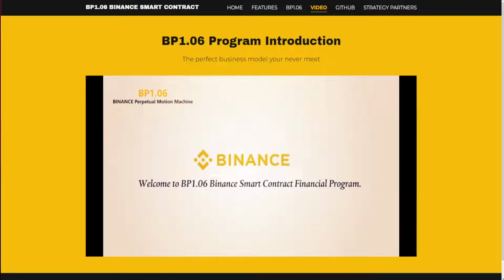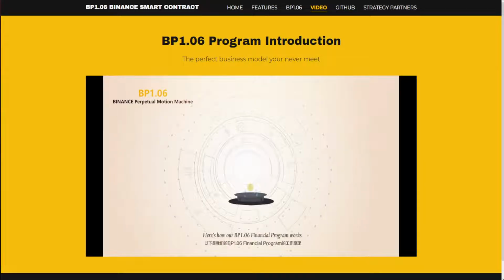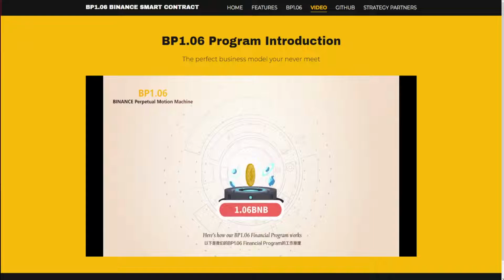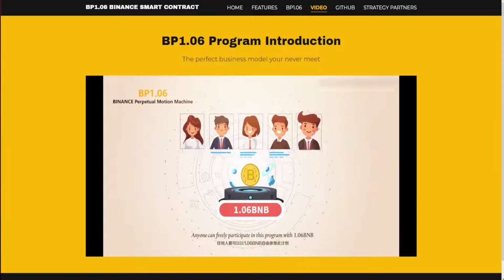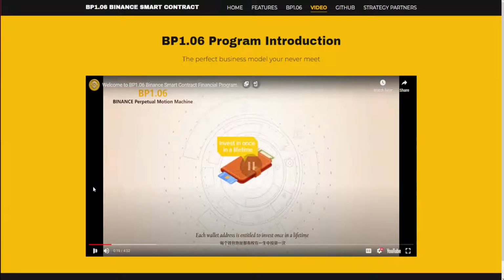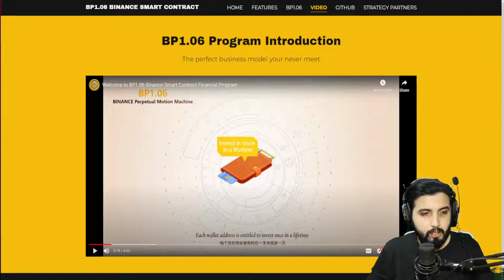Welcome to BP1.06 Binance Smart Contract Financial Program. Here is how our BP1.06 financial program works. Anyone can freely participate in this program with 1.06 BNB. Each wallet address is